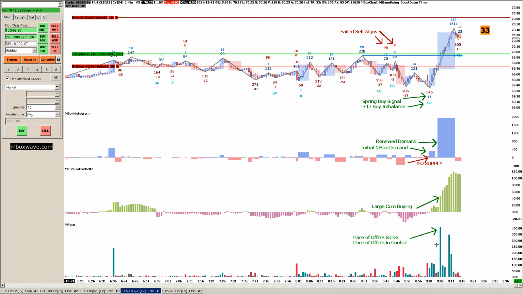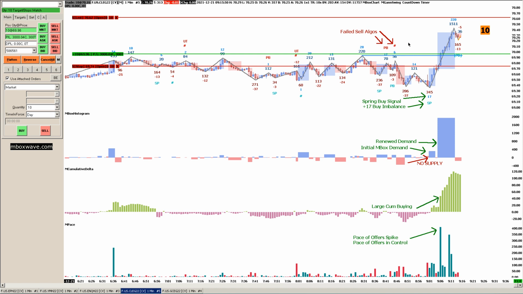Okay, hold on, I lost my count. That's 1, 2 here, 3, 4, 5, 6, 7. So that's 8, 9, right? With the plus 17 buy imbalance and the spring buy. So that's 9 points. And these 2 failed algos says there's still at 2 points. So that's 11 points. Plus, we had this breakout line,